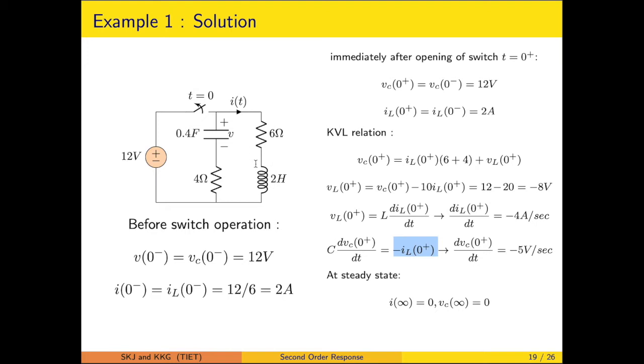When we make an orientation keeping the inductor current the same, then the current through the capacitor is directed opposite to the normal nomenclature of the passive element topology. So when the capacitor is charged with the upper plate positive and the lower plate negative, the current is directed from top to bottom. Once they are calculated at steady state, naturally the total energy will be dissipated through the resistance, and the inductor current will be 0, and the capacitor voltage will also be 0.